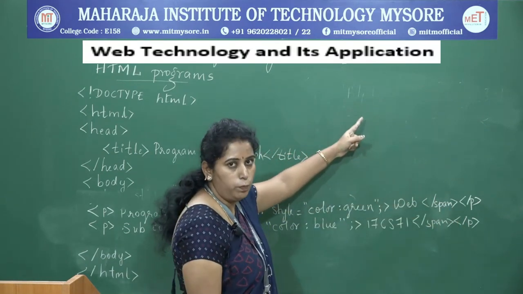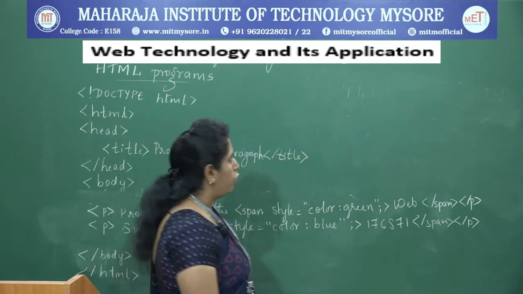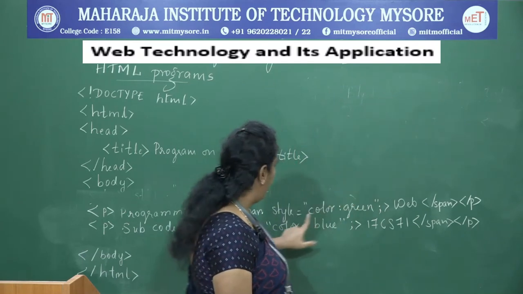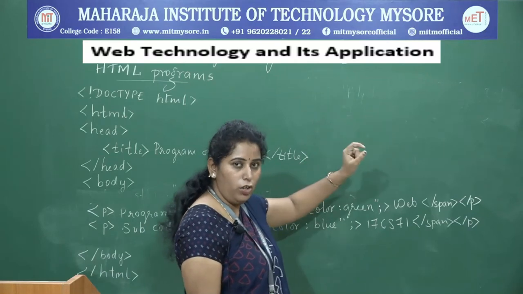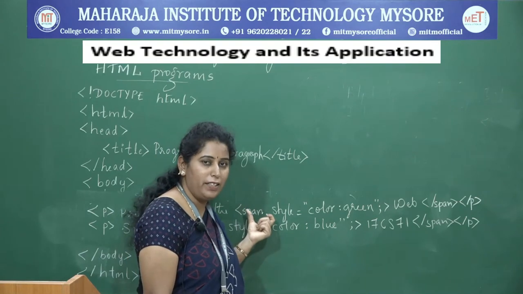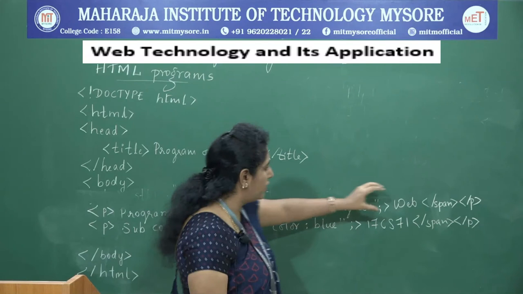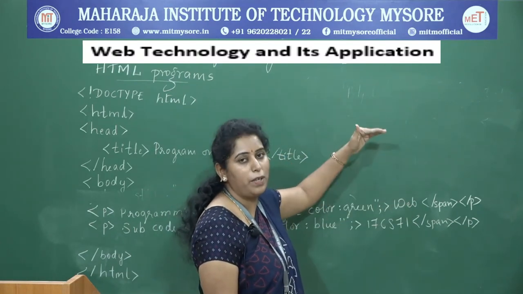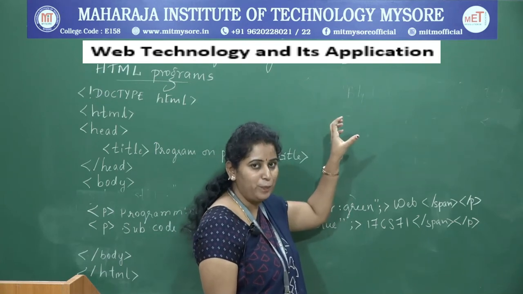Now you can look into the output. What is appearing? Programming the web is printed in which color? I have given green, right? You can notice green. And I said that span is an inline element which does not start on a new line. Since the text web is not printing on the next line, it continues on the same line. Is it right? So this is what an inline element is.